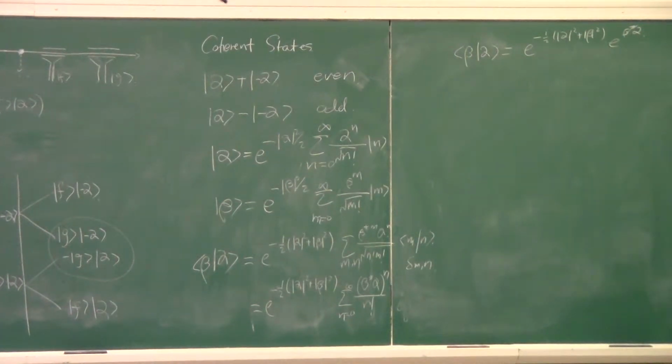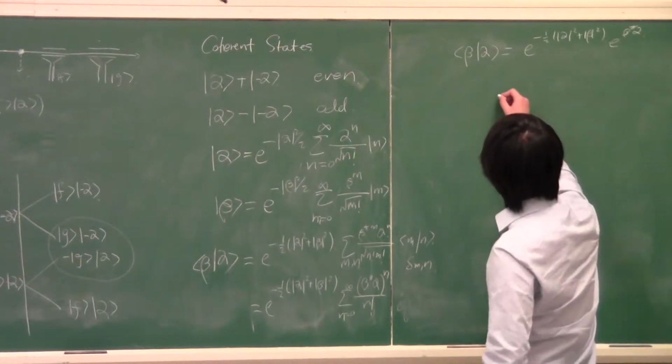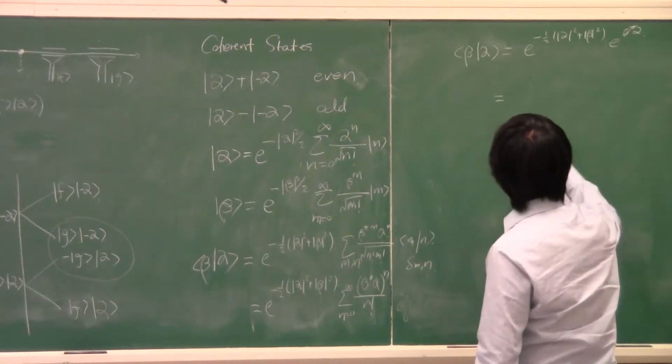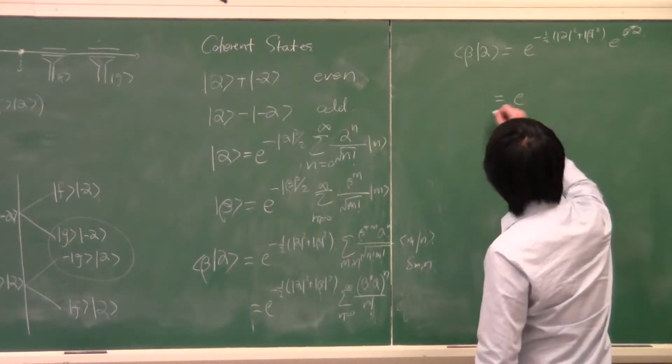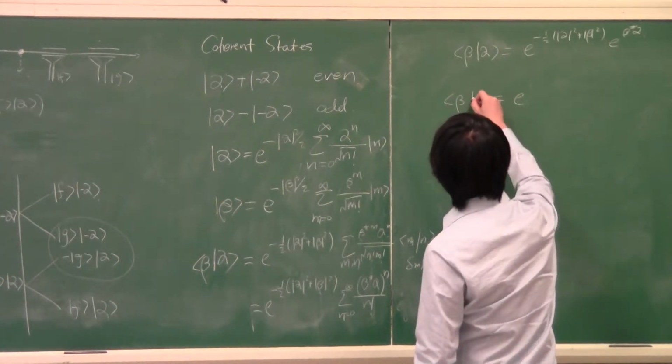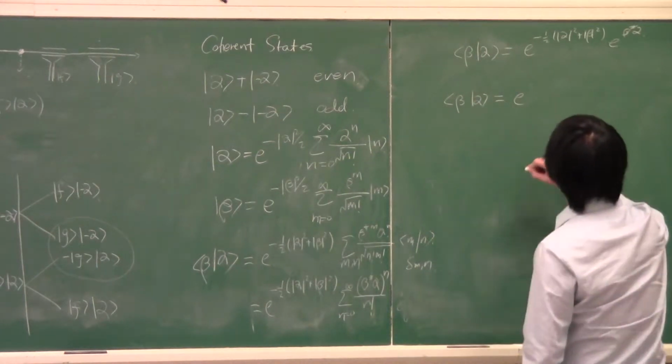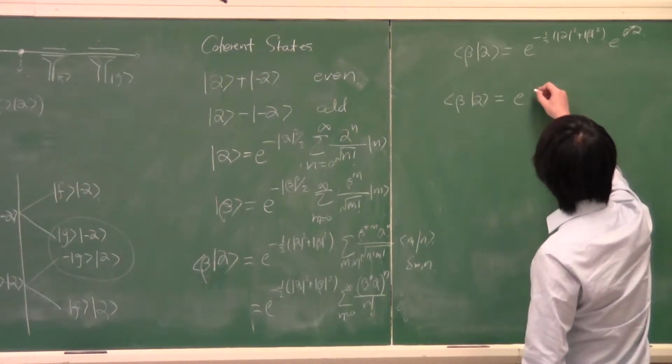Now we can rearrange some terms. We can take out a magnitude and also take out a phase factor. So what we end up with is something like, the overlap between beta and alpha is e to the